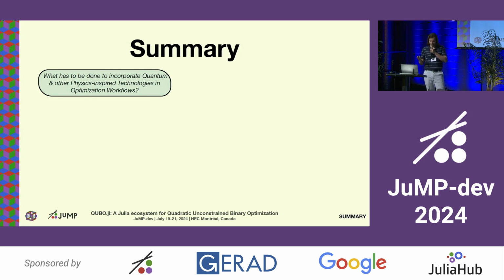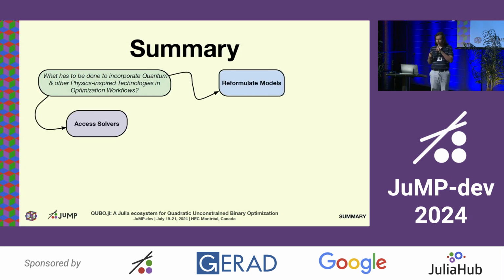The first things we needed to accomplish this task were to access those solvers and to reformulate the models. Because it's hard to build this kind of machine, usually you only have binary variables, because it's the simplest form: you have two states. Also quadratic terms, just because linear is too easy, and quadratic is what's accomplishable, because if you try to get three things together to get cubic terms, it gets too hard. And no constraints, also to keep it simple. So we need to reformulate models to fit this kind of hardware.